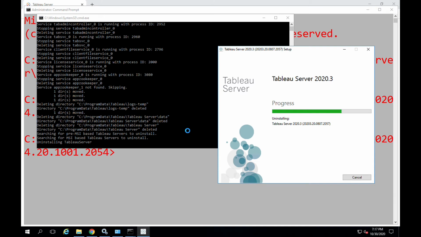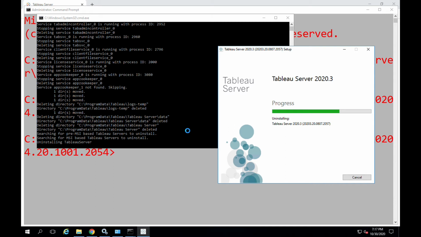So with this Tableau server obliterate script, you can completely remove a Tableau installation as well as the data directories from any system. It need not be Windows. It can be Windows, or it can be Linux, or it can be Ubuntu. Irrespective of the operating system, you can use this script. So you have seen the paths. It can be under temp, it can be under scripts.